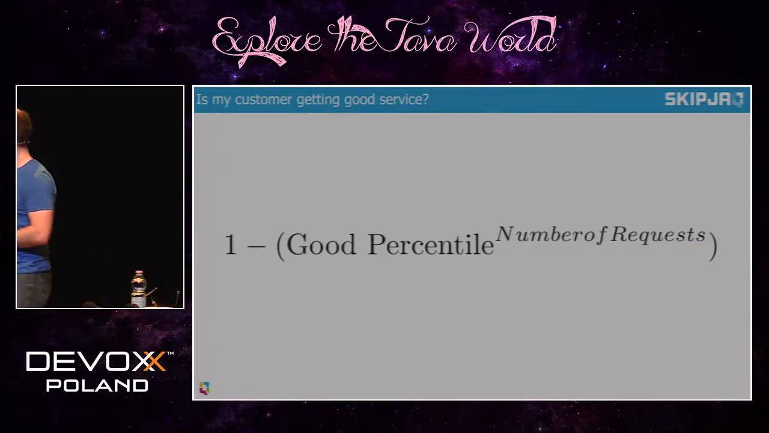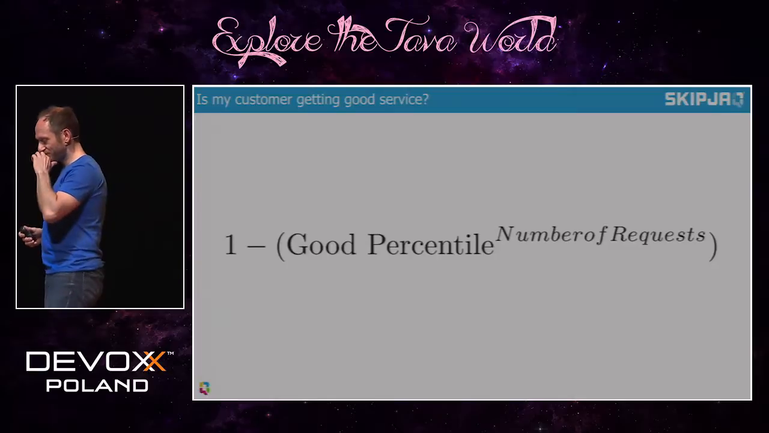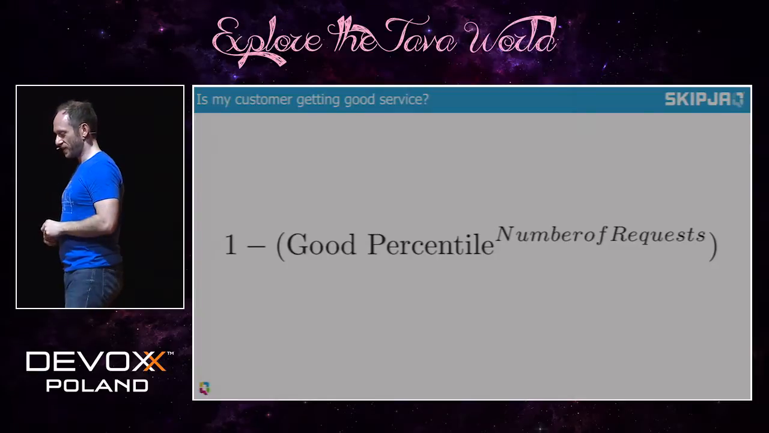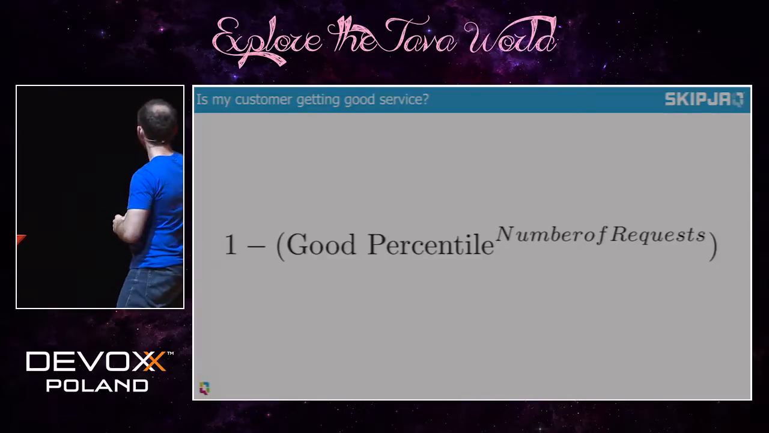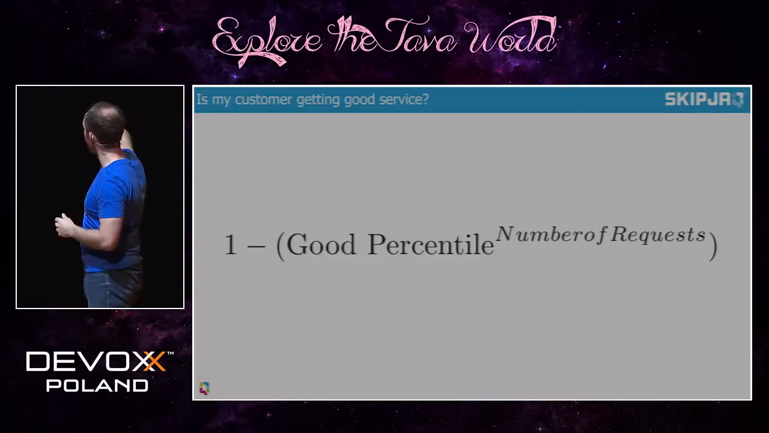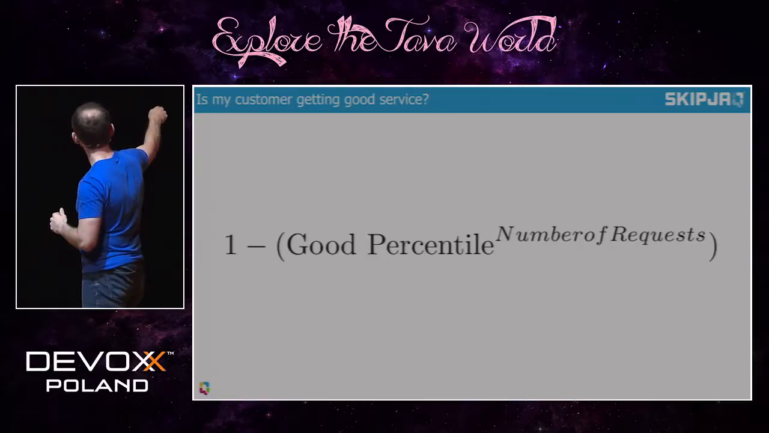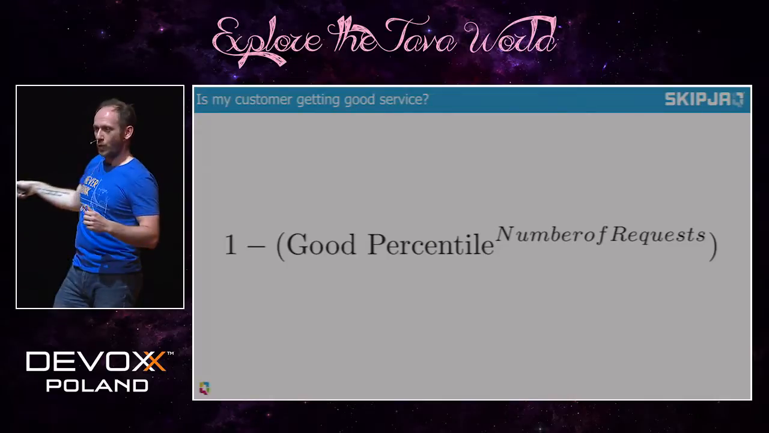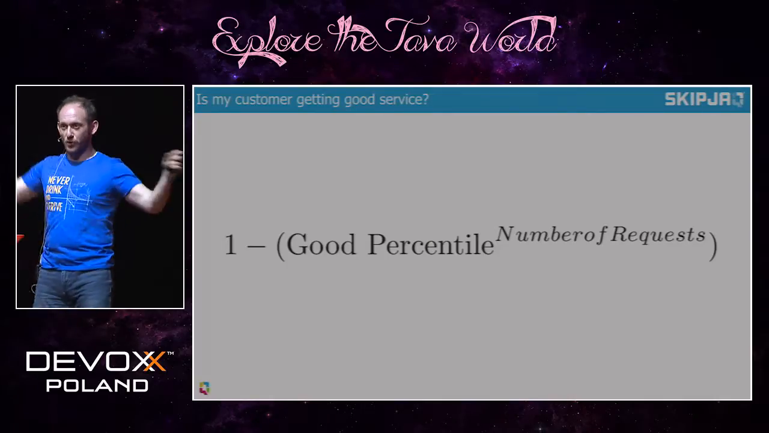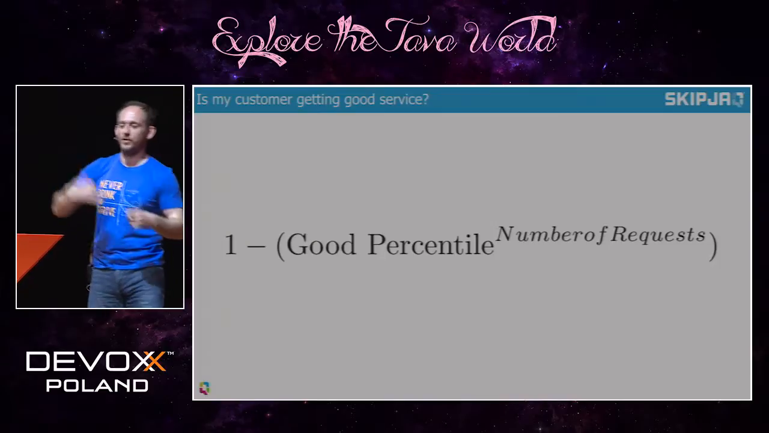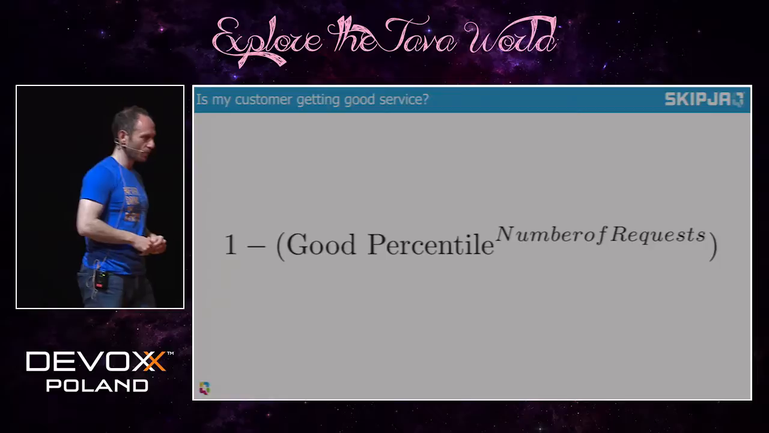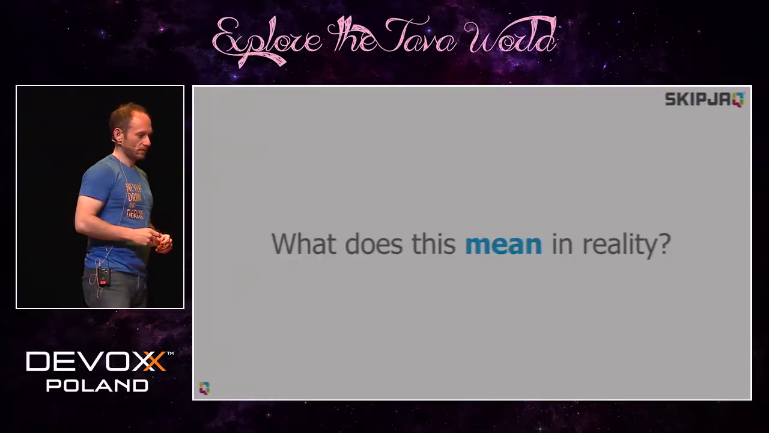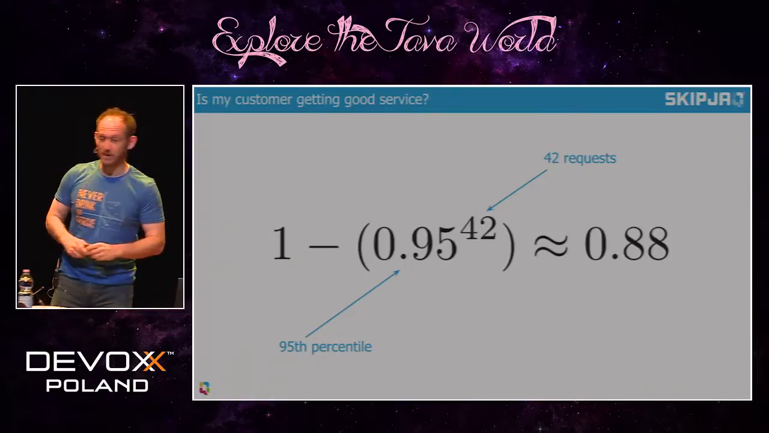We can calculate whether or not a customer is getting good service by this little formula. So I want to know, for example, whether or not a customer is getting something worse than the 95th. Let's assume that 95th is the good percentile. And they're going to make some number of requests. This may well be service A talking to service B, or it might be me, Rob Harrop, going to Amazon.com, or any number of interactions between services. So what does this mean in reality? Well,